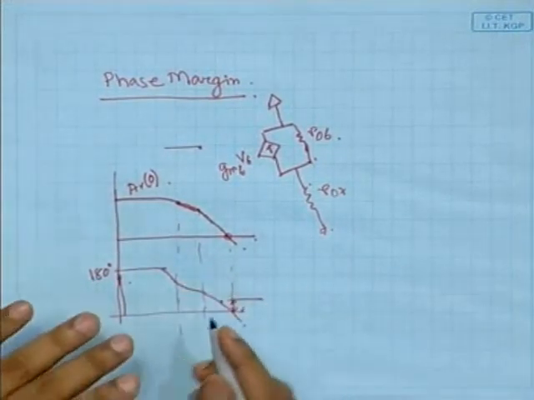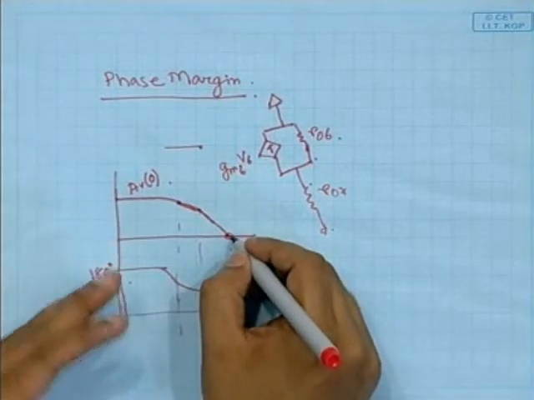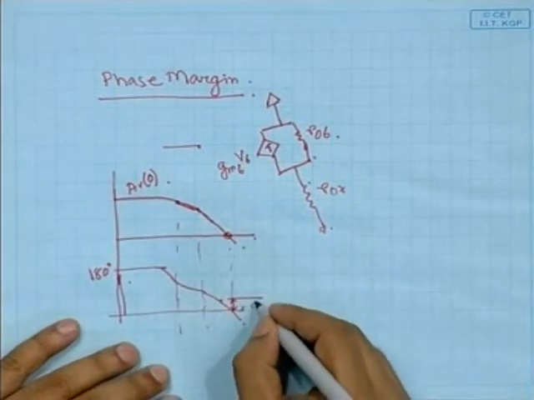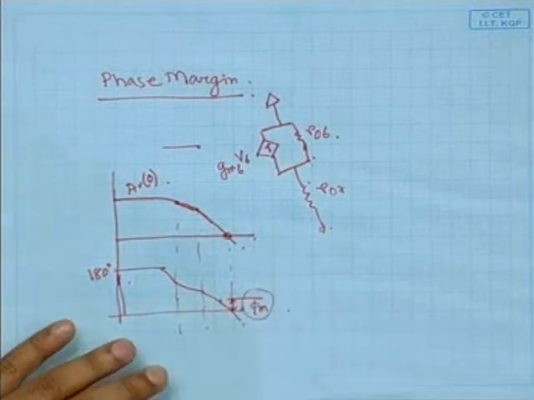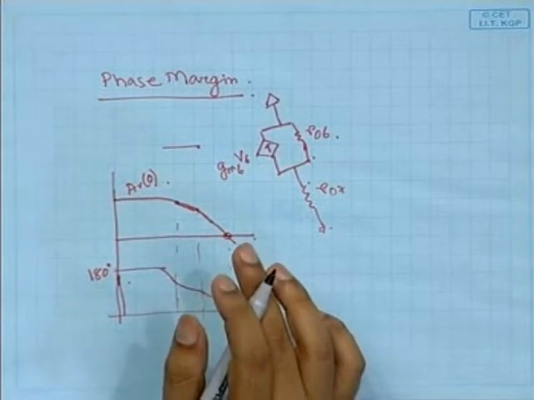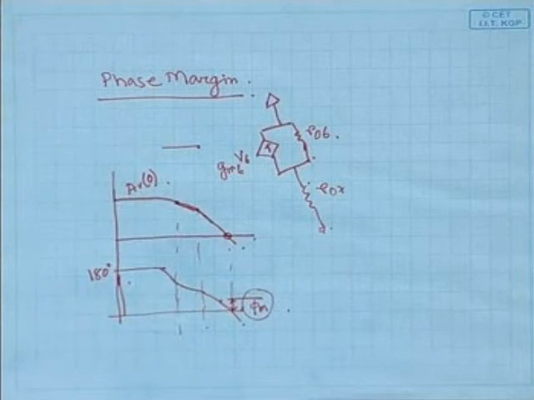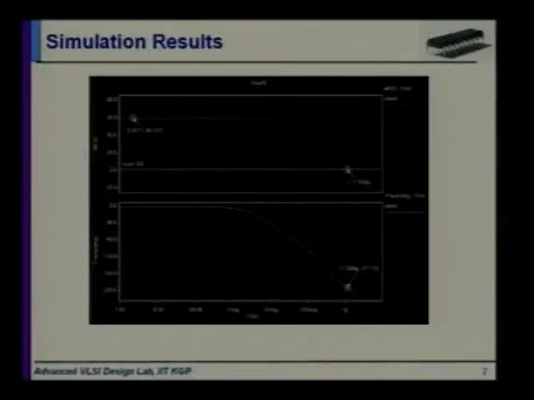At 0 dB gain, what would this phase be? This is the definition of phase margin. In this case, when we don't consider any type of compensation, we will see that